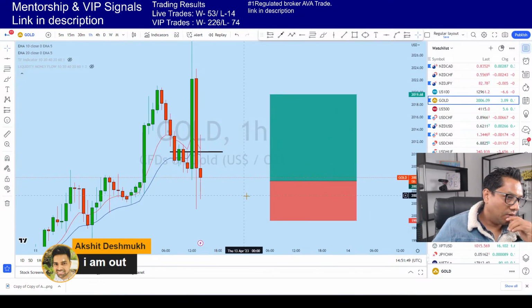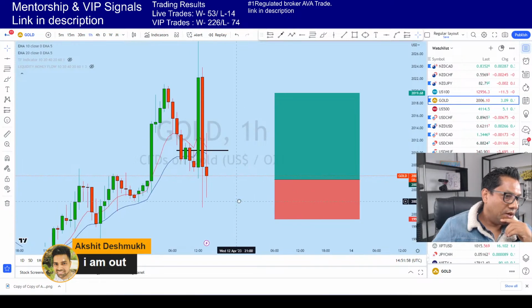This 1-hour candle close is crucial for gold to see. There will be a lot of up and down before the